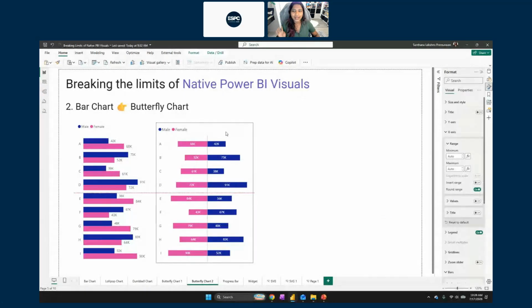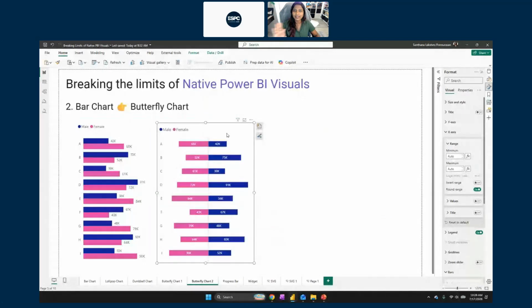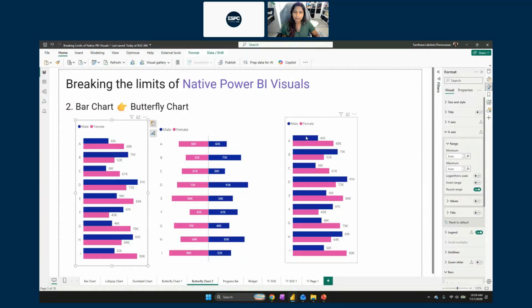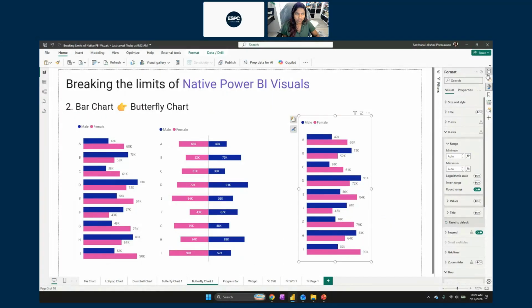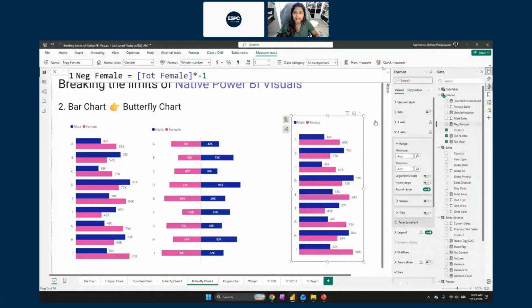Okay. So what I did, now you see how I created this visual, and it is just a single visual, very easy to visualize. What I did first, I created a clustered bar chart. Now, one quick tip for all of you right here. If you want something on the other side of the axis, all you have to do is negate the value. Now, what I did is I created a new DAX measure, picked the female sales, just multiplied it by -1.